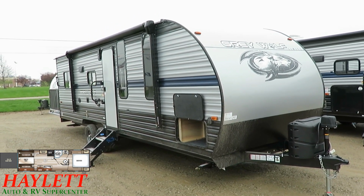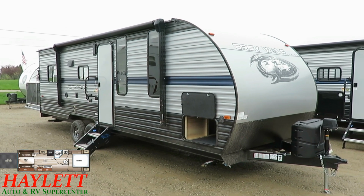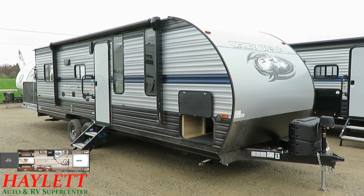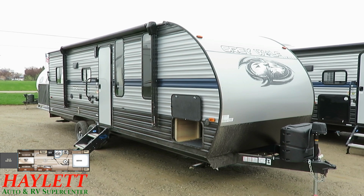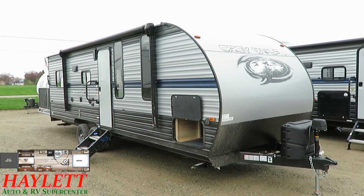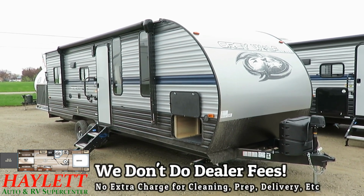Like, we carry a lot of different brands here at Haylett RV, and I have brand managers from other major manufacturers call and say, how are they getting to their pricing with all that equipment? They just don't laminate the walls. Now, one type of construction is not better, stronger, weaker than the other. They're just different. They have different benefits. So save a bunch of money, maintain the good towability, and get a whole bunch of fun equipment that does not expire here on a Grey Wolf at Haylett RV,